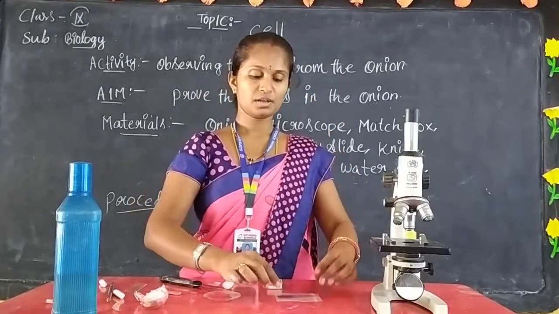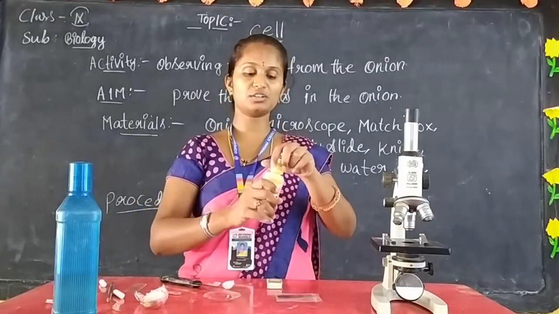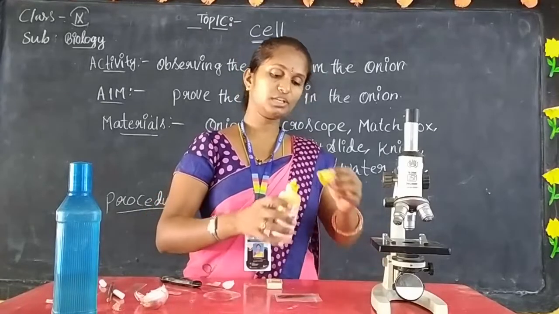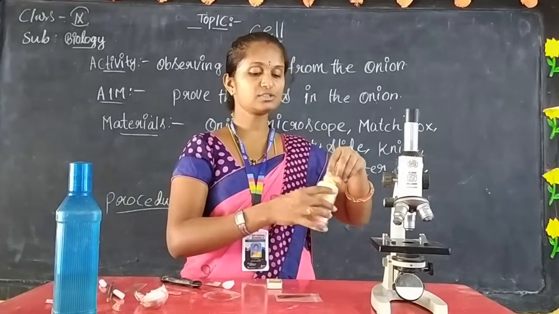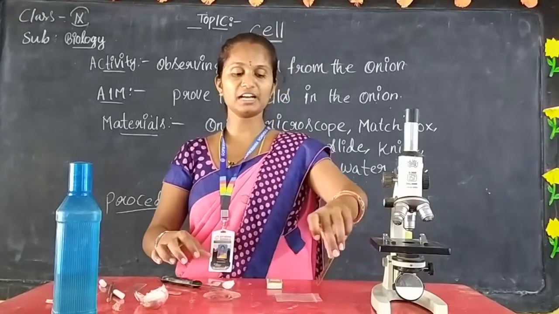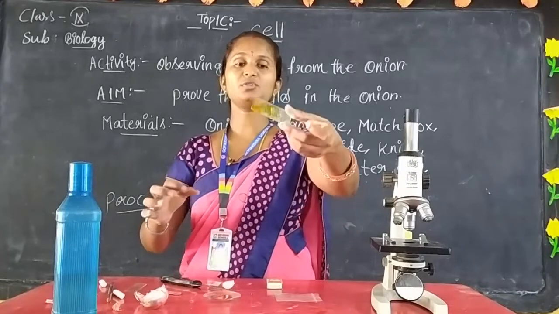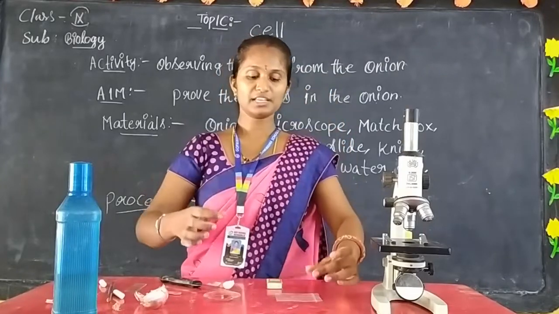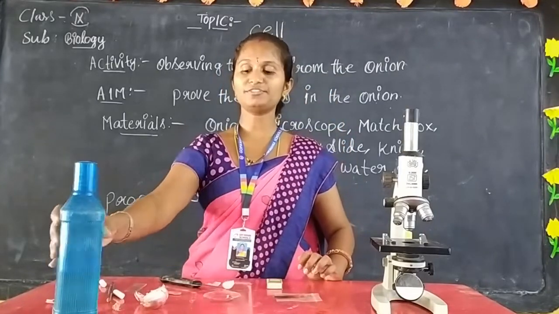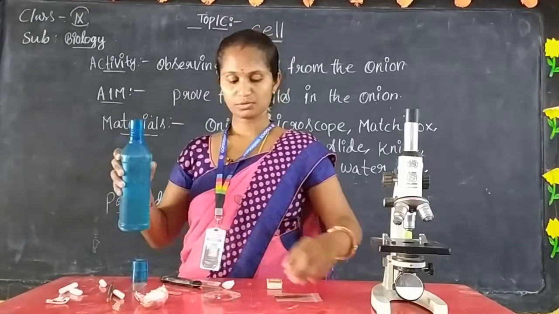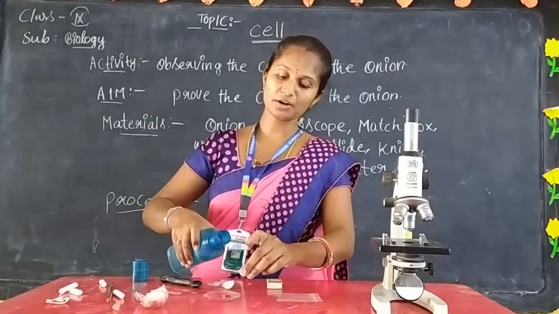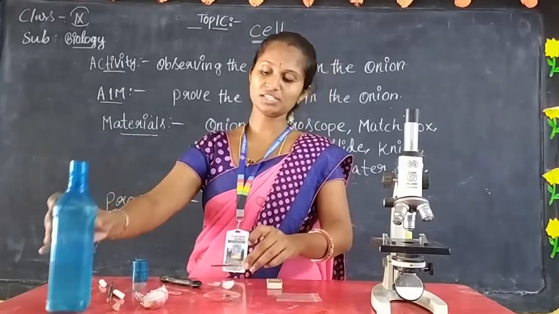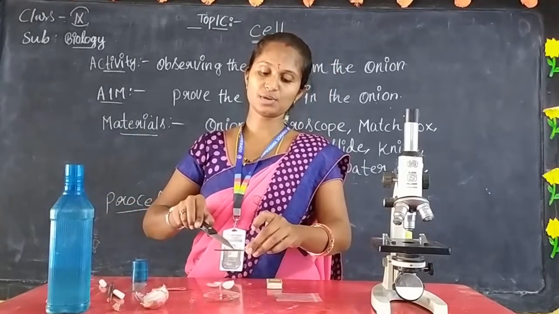After this, I am going to add the iodine solution on the slide. Only 2 drops is enough. Iodine solution or methyl orange, any saffron color or anything, we can use. Now you are seeing the color of the slide turns into orange color. Keep it aside for 5 minutes. After 5 minutes, you just rinse the slide with the help of water. Rinse means wash it with water. Why? Because if there is more glue, we cannot see the cells. That's why I am doing this.